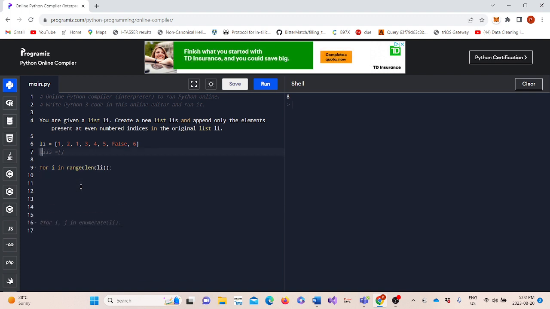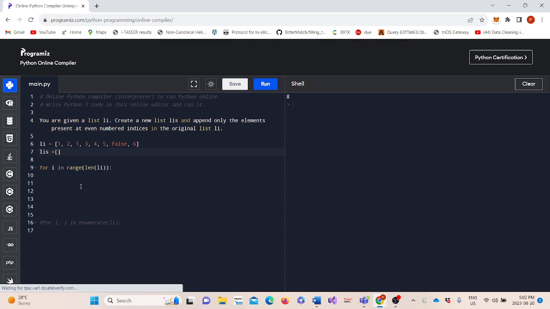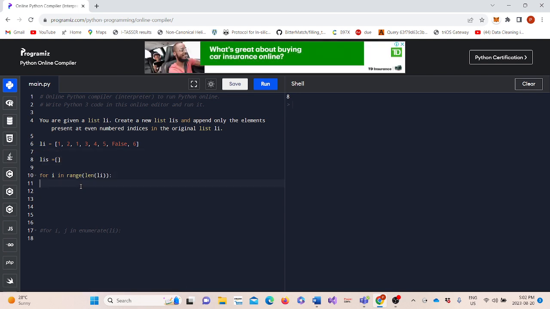So what I'm going to do is create a new list, and for i in range length of li, and you need to remember the indentation, because whenever you have a colon over here, you have to remember the indentation. I'm sorry. So you need to have indentation. So for i in range length of li, what I can do is, I will do a conditional statement. If i